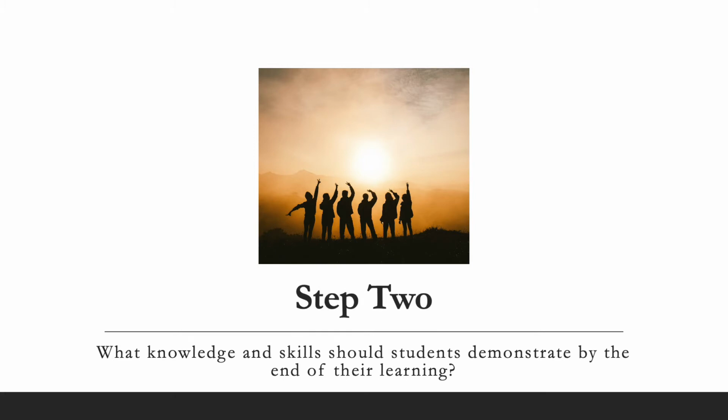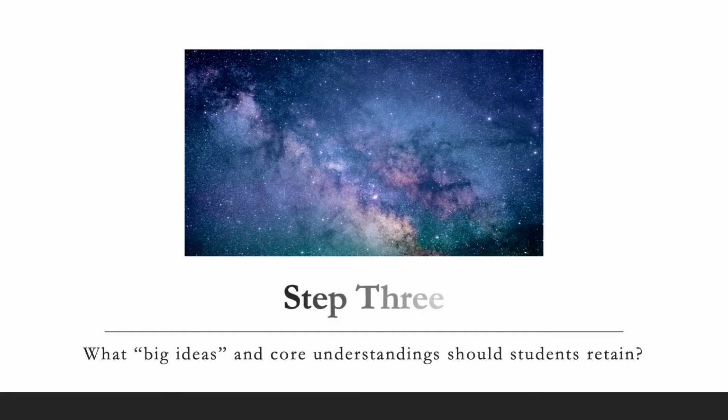The knowledge and skills that students can demonstrate are medium to high priority items. These can include facts, dates, people, concepts, theories, principles, equations, or whatever else is important in your discipline. Finally, what about our big ideas, your North Star or essential questions that engender enduring understanding? These are the core ideas that professors want their students to remember after the course is done. These are the highest priority learning items.